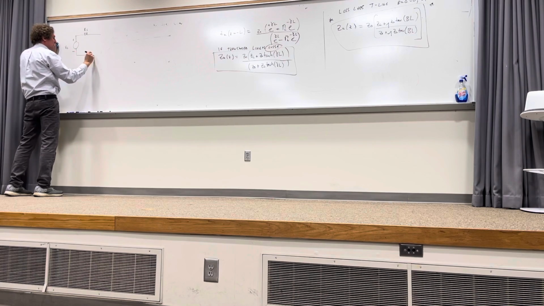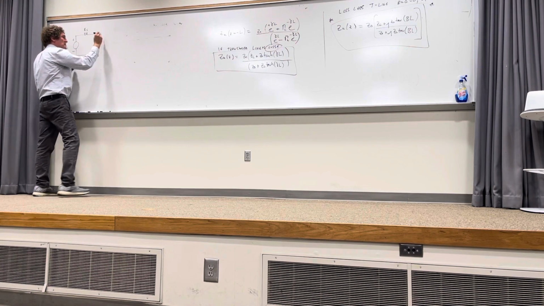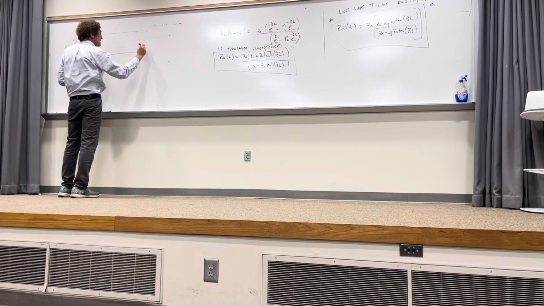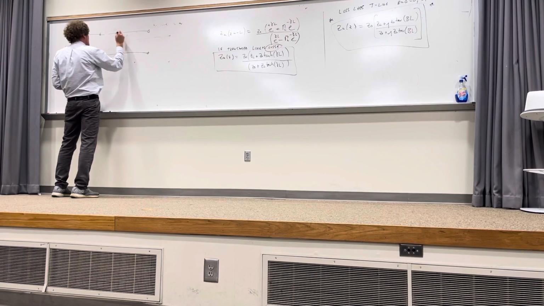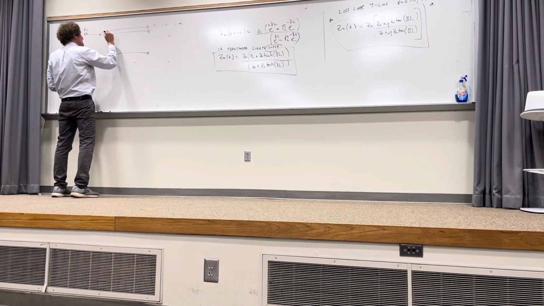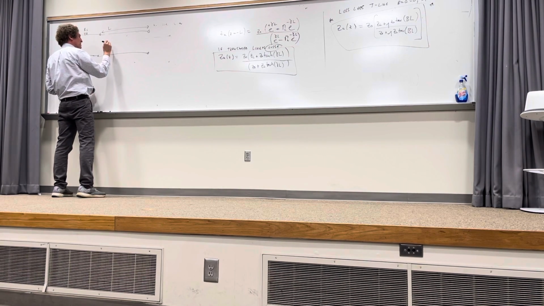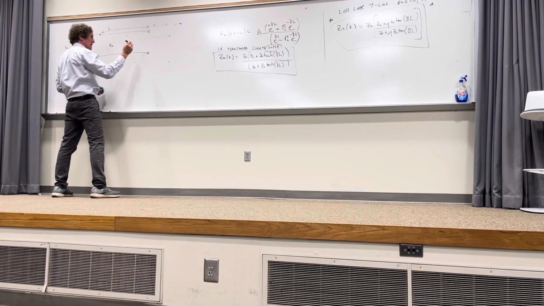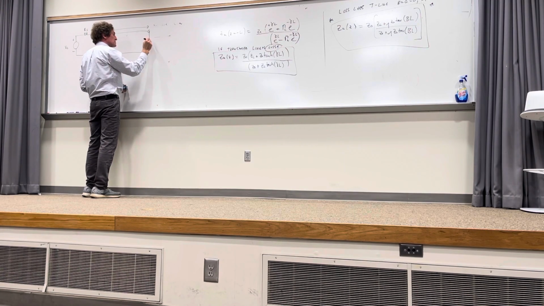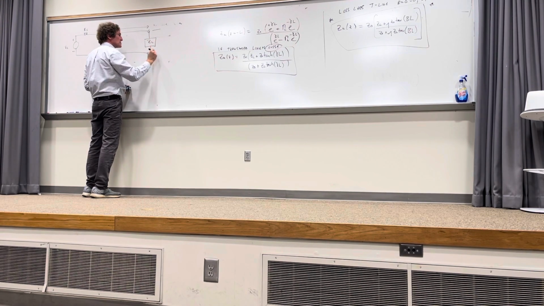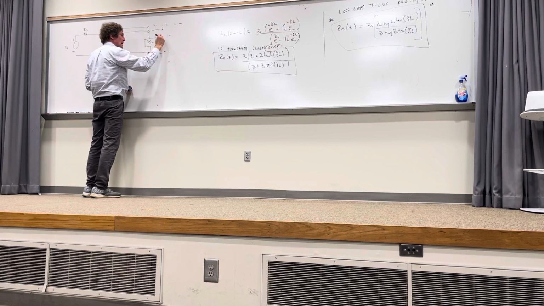This could be an impedance. Then we're going to have the transmission line. And this transmission line has got a length L. It's got a characteristic impedance Z naught. And it's got a load, ZL, Z load. And there's going to be a voltage at the load